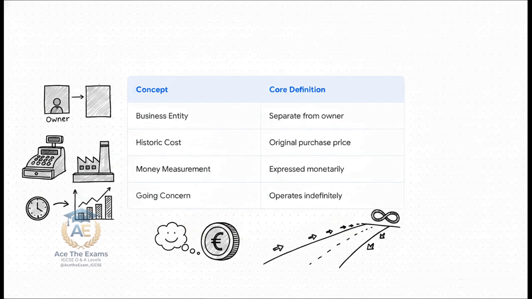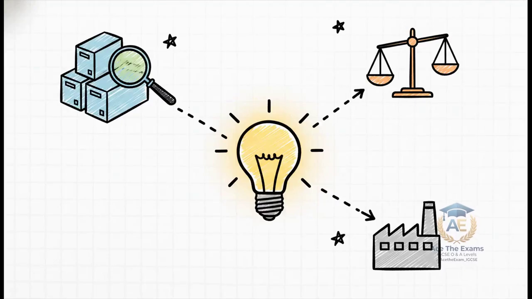And fourth, going concern. This is the underlying optimistic assumption that the business will continue to operate indefinitely into the foreseeable future. We assume it's not going bankrupt tomorrow, which is why we don't value our assets at fire sale liquidation prices. You must know these definitions cold, backwards, and forwards. But knowing them isn't enough. The syllabus explicitly emphasizes that top-performing candidates, the ones getting the highest marks, achieve this by demonstrating a connected, conceptual understanding.